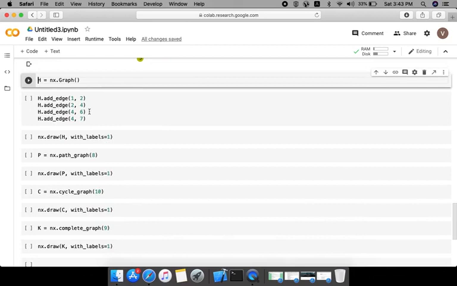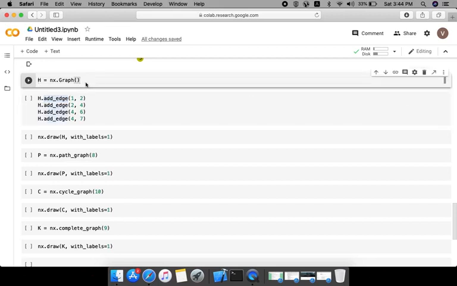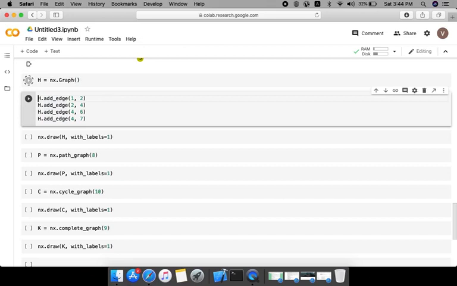So here I am creating another graph, namely H, with the same method of addEdge. So here I write the command H = nx.Graph(), where H is the name of my graph, nx is for the networkx library, and Graph is the method used for creating the graph. Here the graph H created does not have any edge or node, so I am adding edges and nodes both to the graph using a single addEdge command.